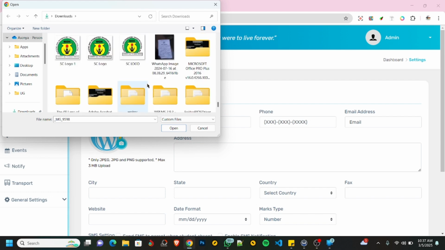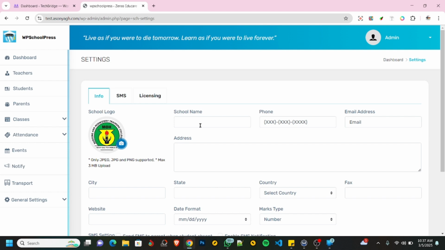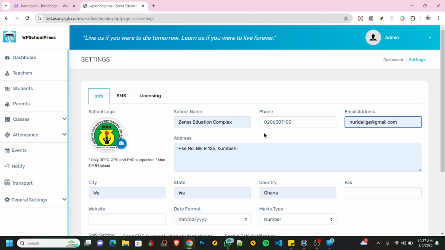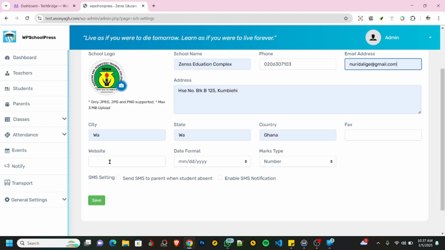So assuming this is our school logo, so we just have to select it, and then we'll enter our school name this way. Then we'll enter the school's official phone number. Then we'll enter the school's email address here, and then the address itself, and then the school website, and then